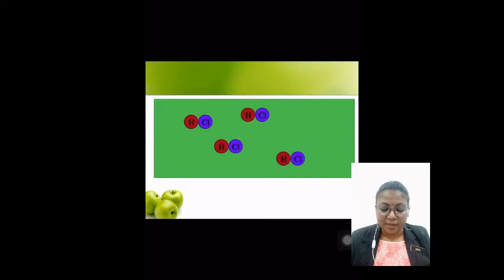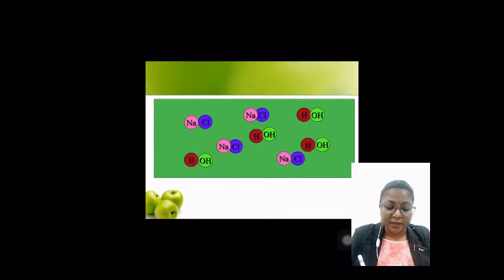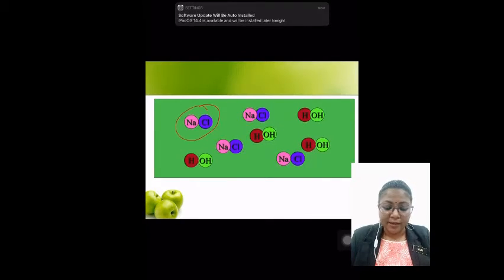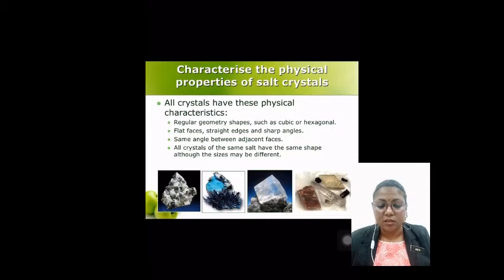Okay, look at this animation. In this animation, what you see is the molecule of acid. When they are in water, they become an acidic solution. So, when you react with sodium hydroxide, what happens? They replace the hydrogen ion from hydrochloric acid with sodium ion. So, you will get sodium chloride and water. Clear? Alright. The salt crystal.